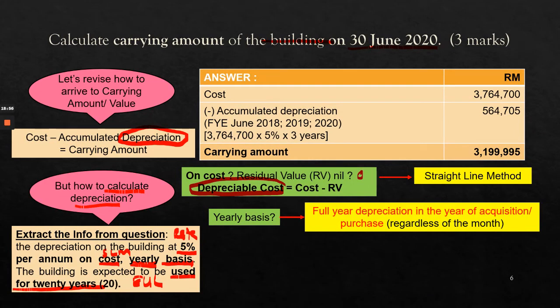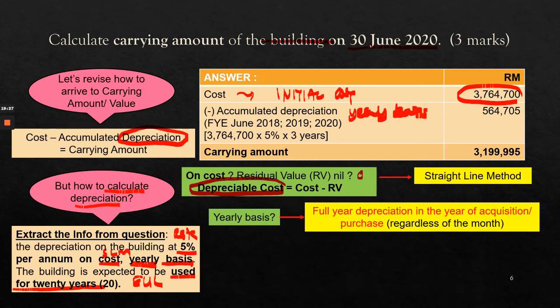Number 1 is already given because you calculated this much earlier. Remember, you calculate this from your initial cost, right? So to calculate the depreciation, you are asked to calculate the depreciation on 30th of June. So on 30th of June, if you can still recall, this is using what basis? Yearly